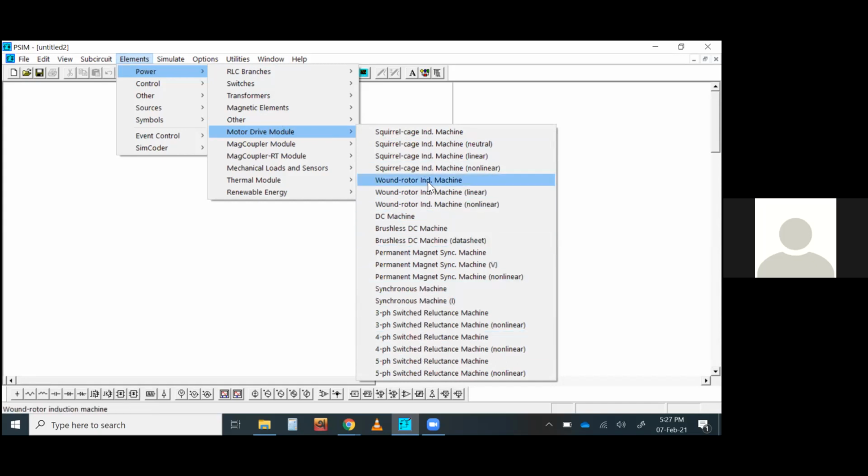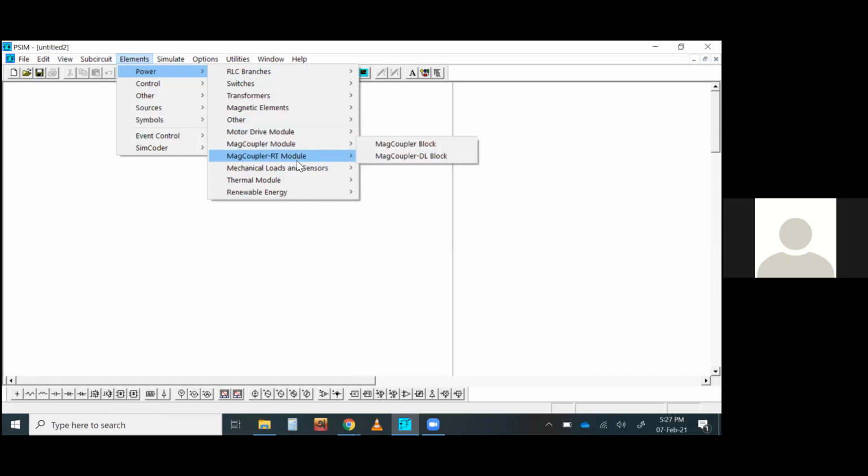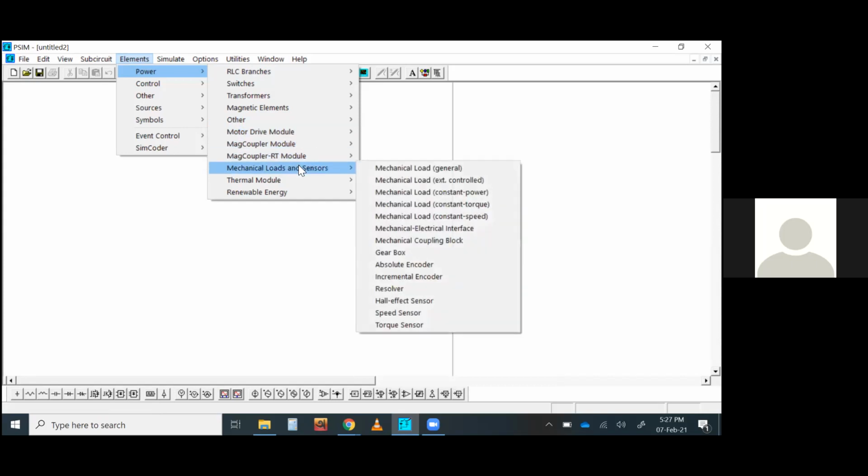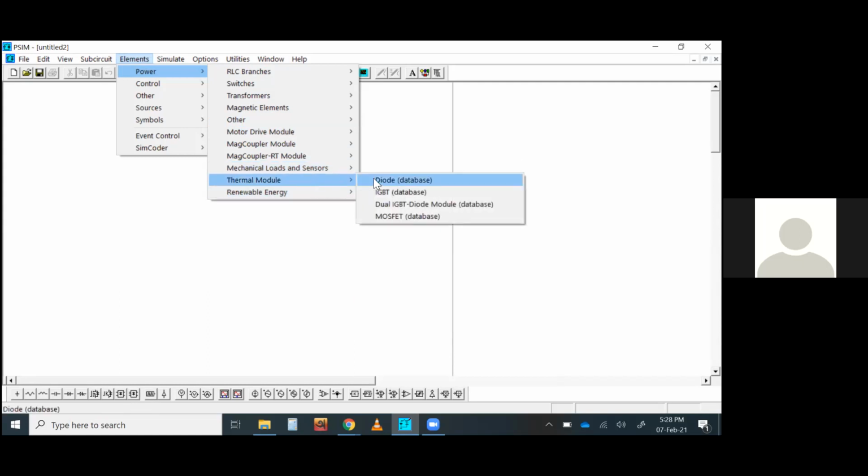So all kinds of motors are available here. If you're going to run and simulate a motor, then definitely you're going to need some mechanical load, so you can also attach a mechanical load. Different kinds of mechanical loads are here. Gearboxes are here for speed reduction and speed increase. There are speed sensors, torque sensors. There are thermal modules as well.